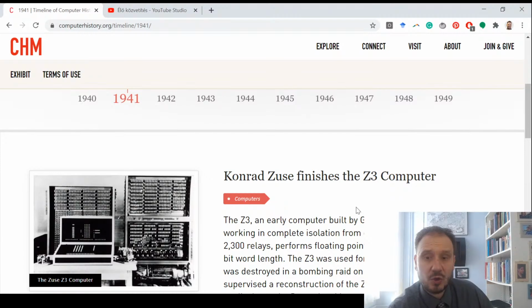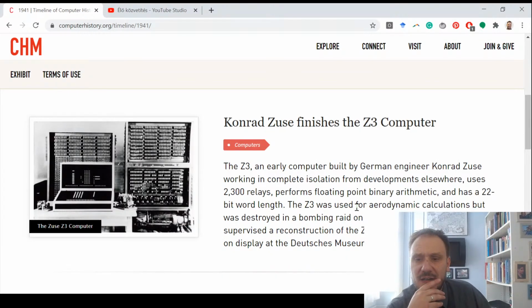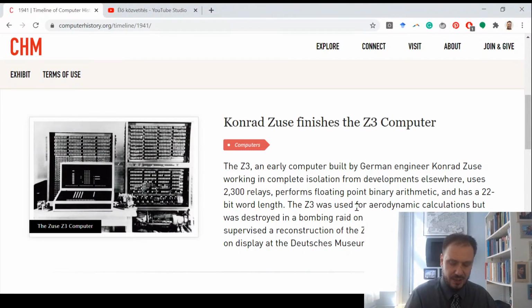Konrad Zuse just finished his Z3 computer, still using relays, actually 2,300 of them, and it was used for aerodynamic calculations, but it was destroyed in the bombing of Berlin. But he reconstructed his machine in the 60s, and it's currently on display in Deutsches Museum in Munich. So